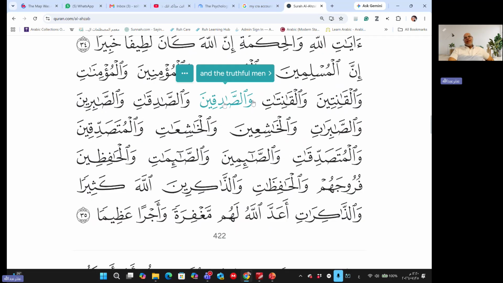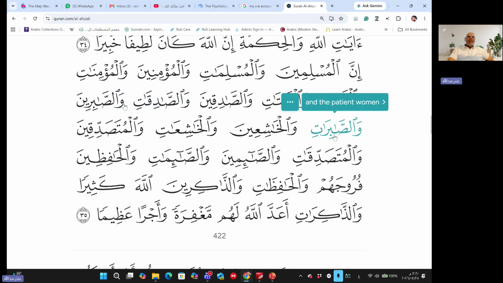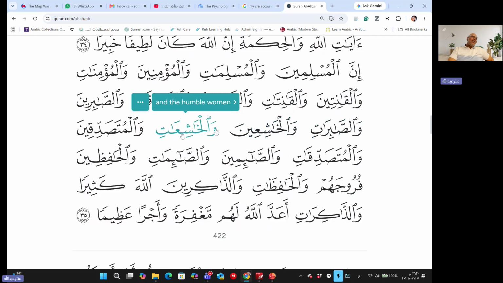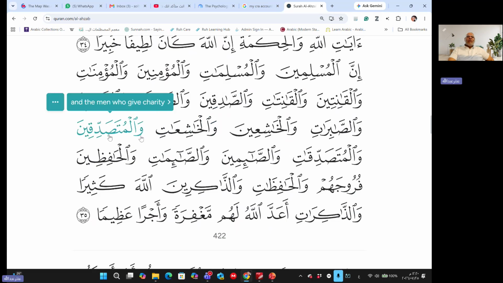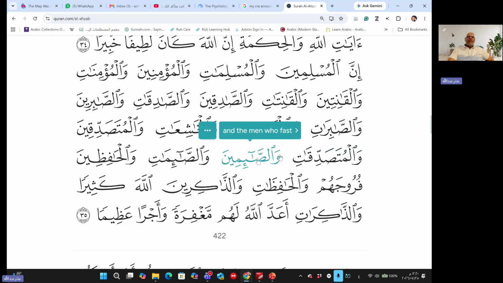wal-sadiqina, truthful men, wal-sadiqati, truthful women, wal-sabirina, patient men, wal-sabirati, patient women, wal-khashi'ina, humble men, wal-khashi'ati, humble women, wal-mutasaddiqina, men who give charity, wal-mutasaddiqati, women who give charity, wal-sa'imina, men who fast,